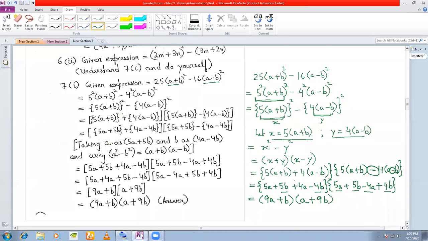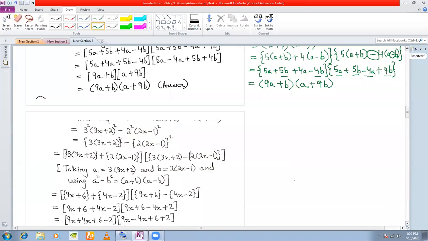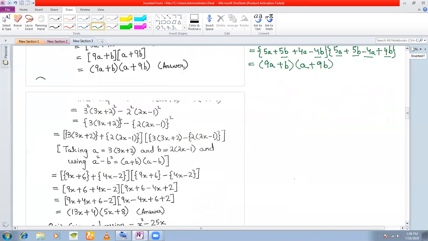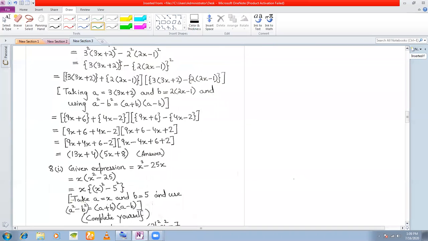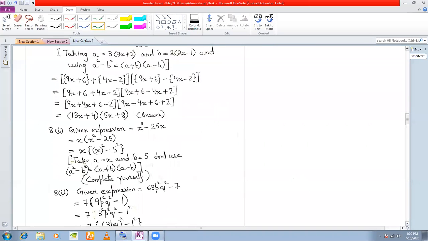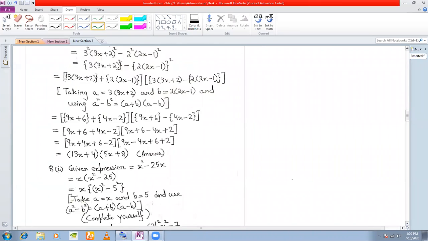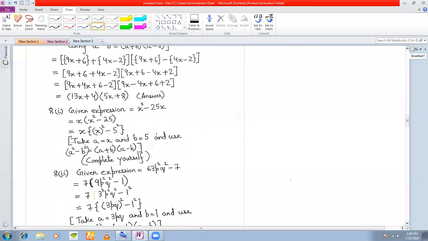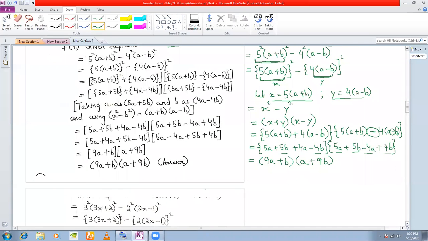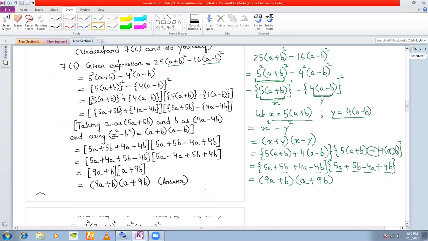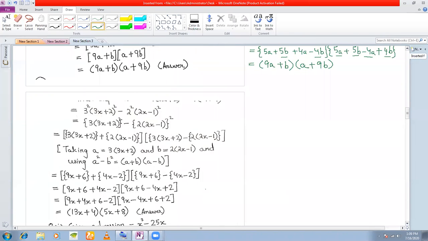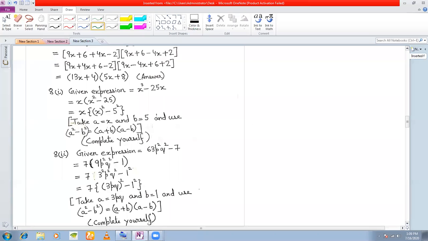No, sir. This is an important sum. I think the next one is also a very similar problem, so I don't think that needs to be discussed. If you have understood this problem, this one 7-1, then 7-2 should also be very easy for you. Okay, let us do 8-1. Let us do this and then I'll end the meeting and you rejoin, because I only have 5 minutes left for this meeting.